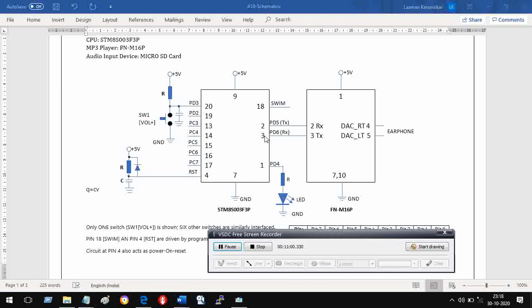Here the microcontroller is receiving on pin number 3 data which has been sent by the module through its pin number 3 transmit function, and this is the receive function. So transmit is connected to receive. Here also transmit is connected to receive. Done. So let us take a closer look at this process of data communication.